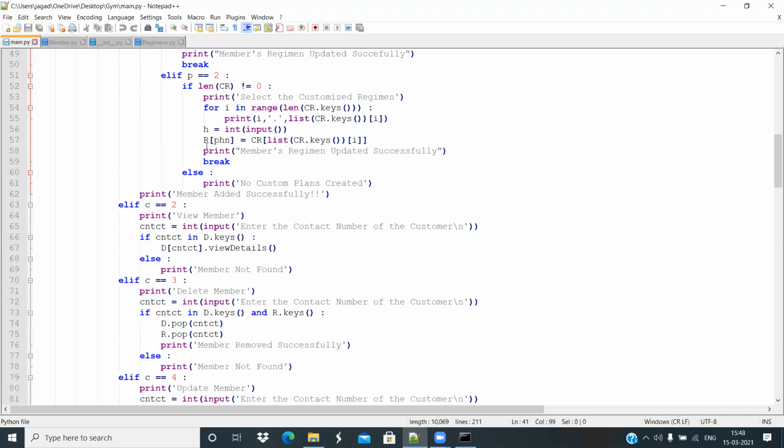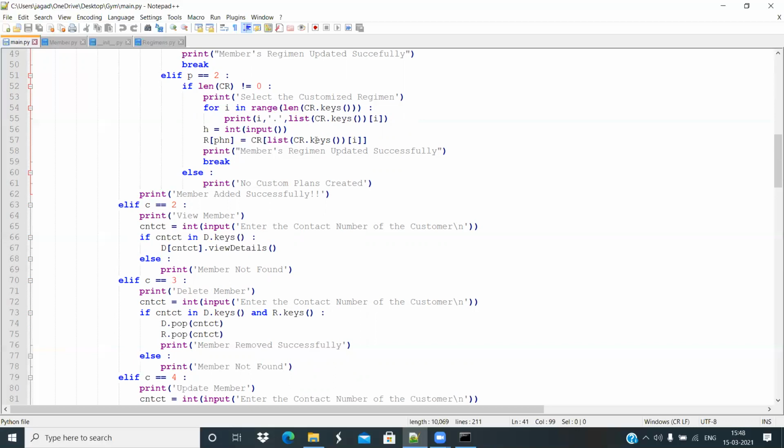So R of phone number, the value is being added here. R of phone number is equal to CR of list of CR dot keys of I. So CR dot keys has keys, and the key of I is actually given here.